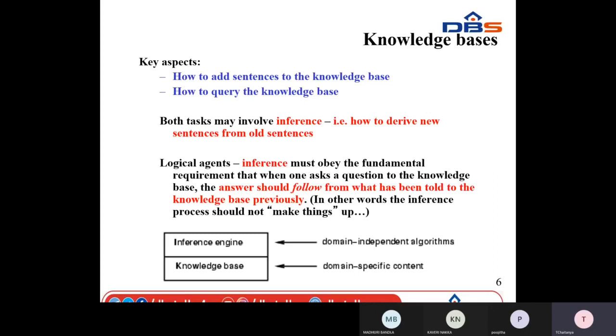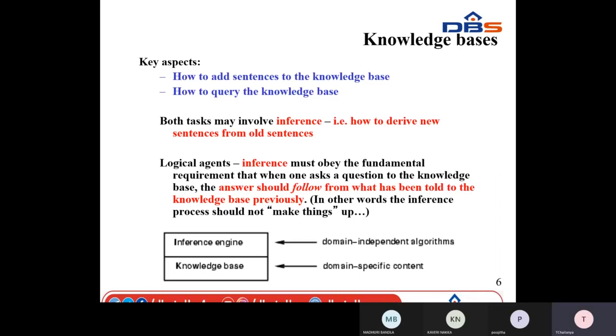And somebody came to you who has knowledge in that domain and asked, can you explain the concept? You have to answer technically as well as inference-based. At that time you cannot give made-up answers to that person. That is what the logical agent has to do. That is a fundamental requirement.